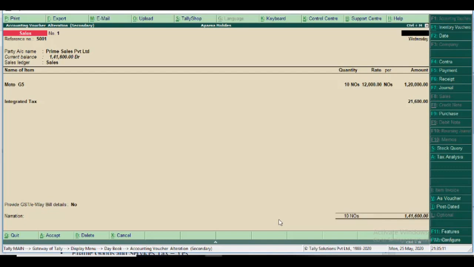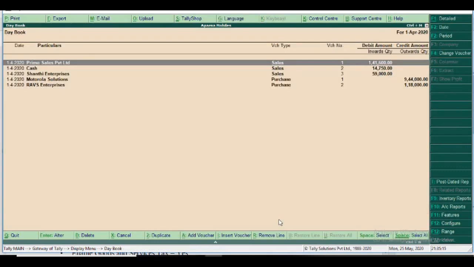Then again escape. You move back till the Tally daybook. Easily you get the knowledge of print. First step 1, go to Gateway of Tally, display daybook, press F2 or F12 for necessary date changing purpose. Then press Alt plus P to print, and check Alt plus I for print preview if you need print preview.